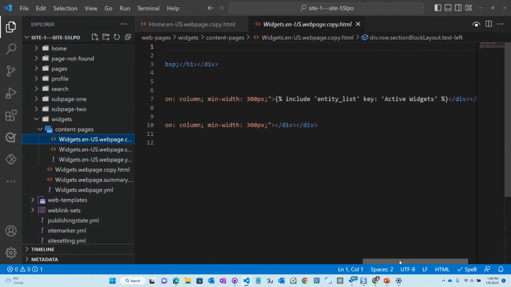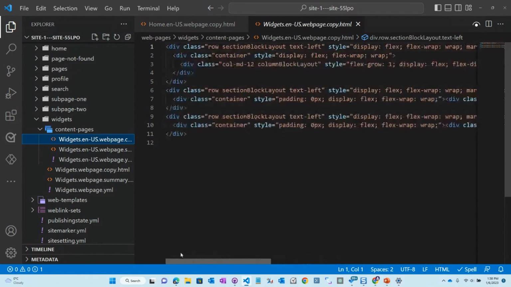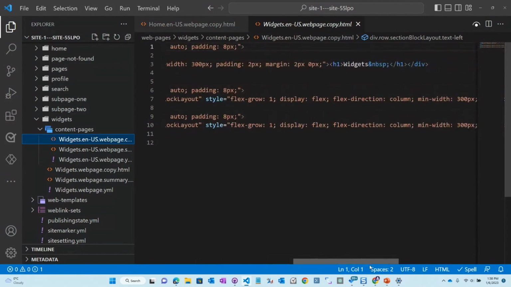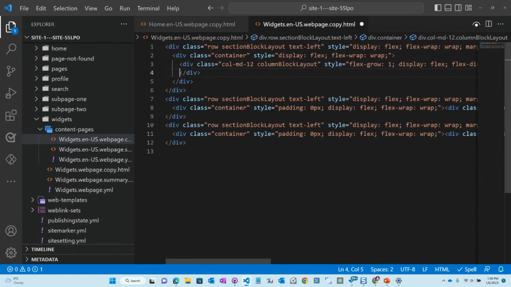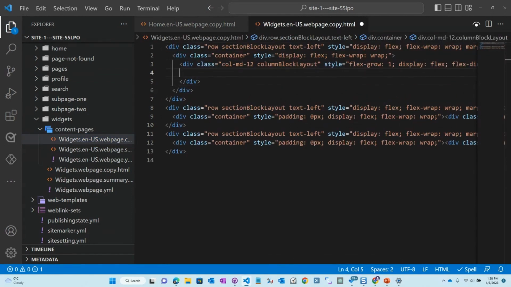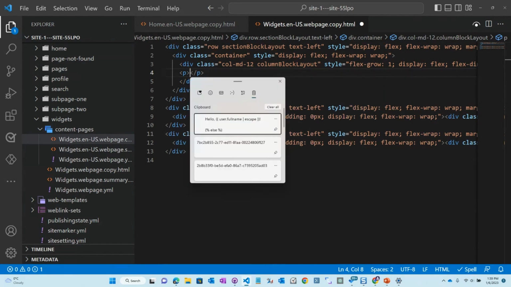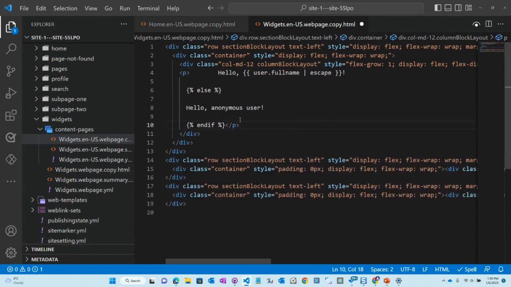But what I could do is begin to add my own code directly here as I work on this. I'm going to look at the heading I had, the widgets in the header. What I'm going to do is add another paragraph here. So again, if you're used to HTML, which of course I know you are, Daniel, you're an HTML guy. I am. So I'm going to paste in some of that Liquid code, and it's pretty straightforward. I'll just walk you through it.